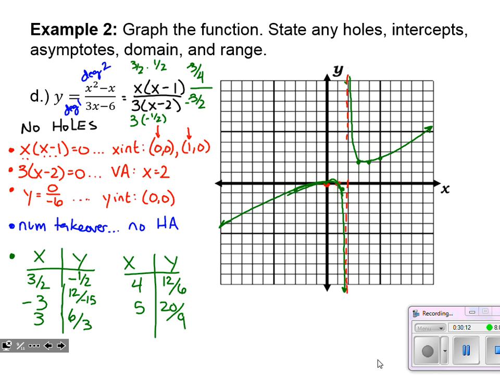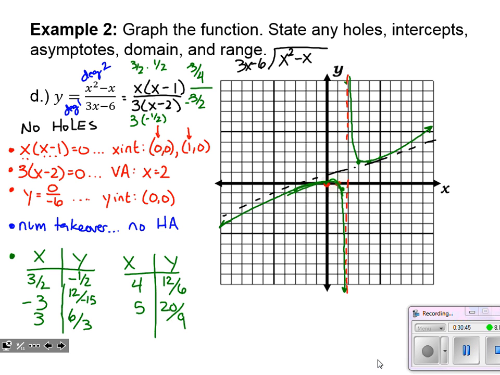All right, and if you're wondering, well, it looks like we got a horizontal asymptote happening somewhere in there. Well, you're kind of right. If we wanted to figure out what was actually happening, we learned a long time ago that we can actually do this division that our function is telling us. So we could do x squared minus x divided by 3x minus 6 and use long division. That would give us the equation of this asymptote that is kind of slanting through there. All right, so if you wanted to figure it out, that's the way to do it.